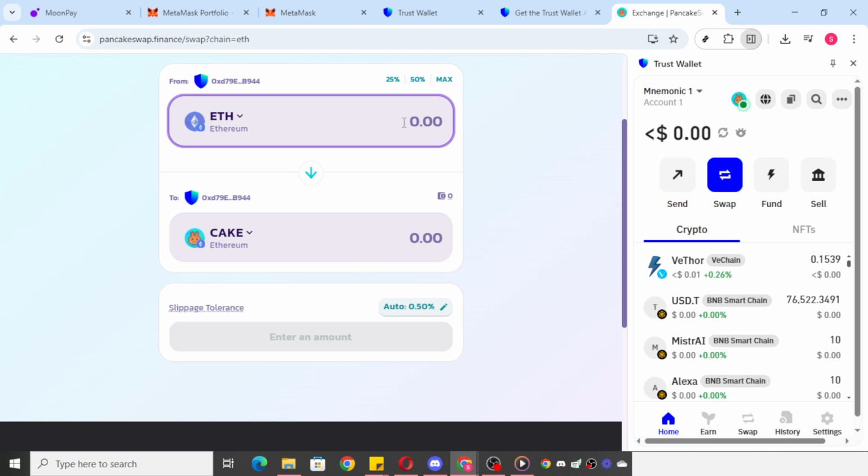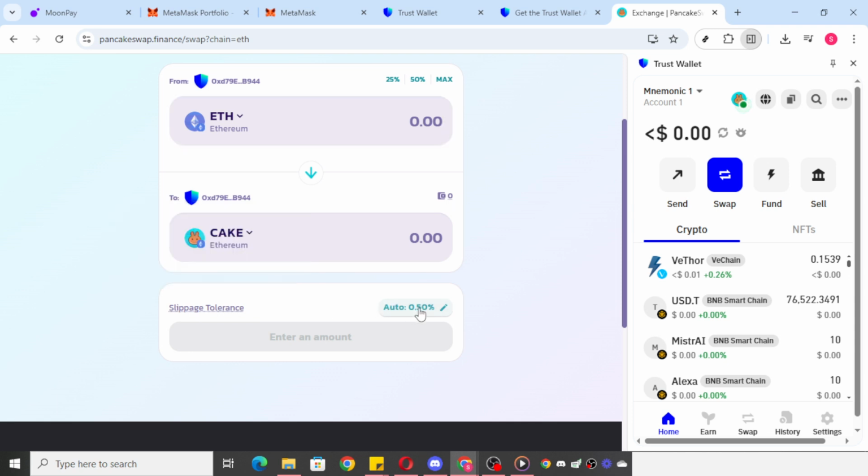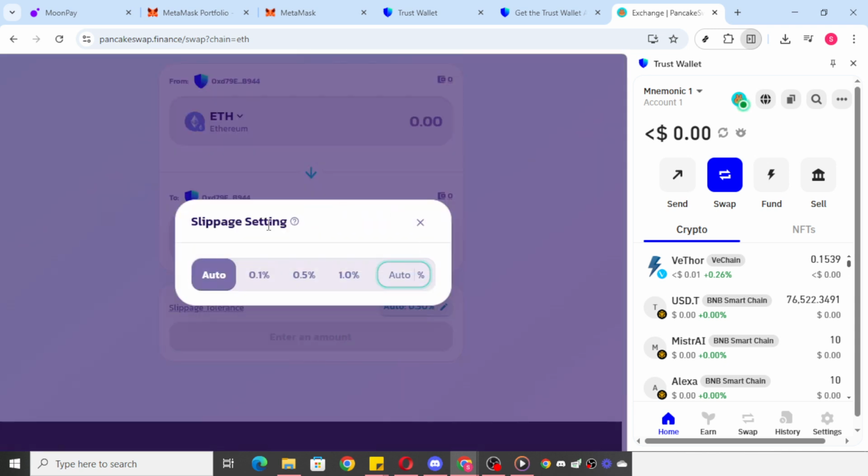Now onto the critical part of the process, adjusting the slippage tolerance. You should see an option for slippage tolerance on your screen. Click on it and you'll be presented with several options. Typically, you'll see settings for auto, 0.1%, 0.5% and 1%. These default options are fine for many transactions, but often, market conditions or specific token liquidity might